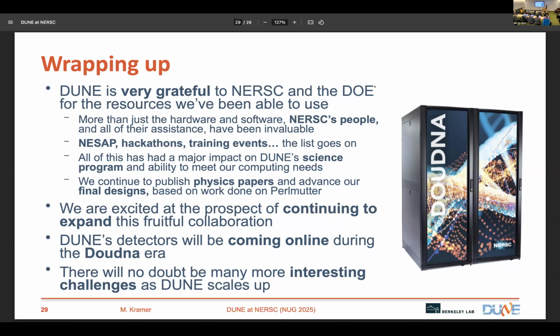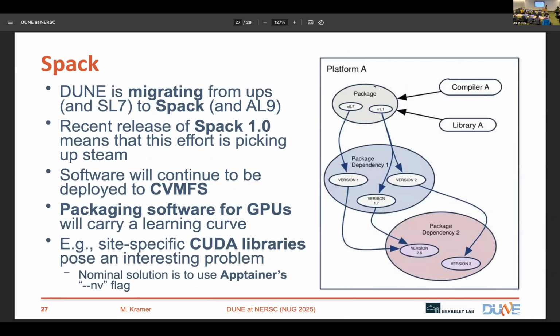What we're aiming for is to standardize on an Alma 9 container. So unless you have a really fancy stack that won't work with that, the idea is you build for that standard container, and then that's available on all sites you run on. With GPU code, it gets a little tricky because we might need to use different CUDA library versions on different hosts, but we hope that using a feature like Apptainer's bind option, we can just map those in. Hopefully things will just work and we don't have to rebuild anything.